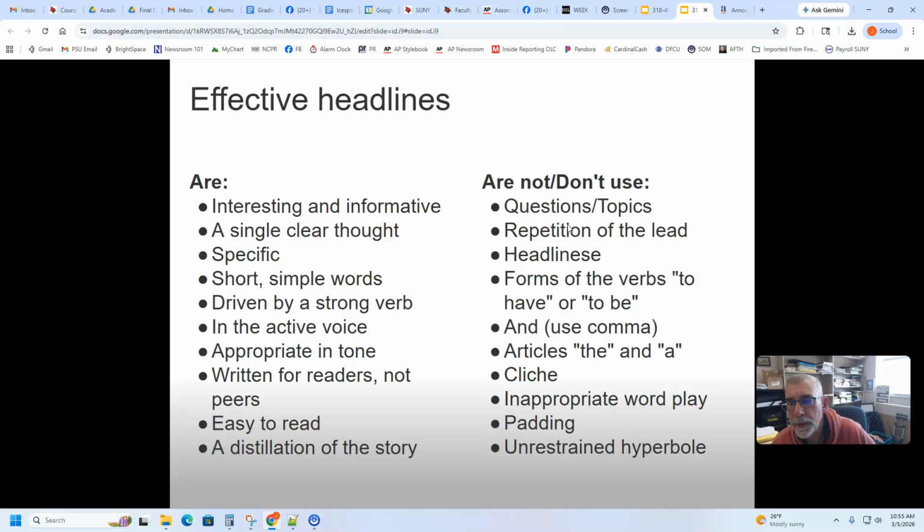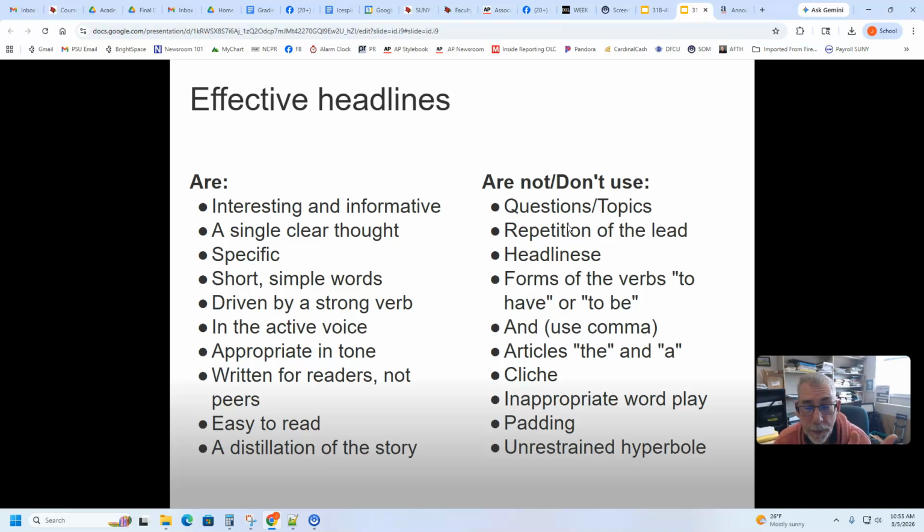Forms of the verb to be or to have. We generally don't use is, are, so on. We can skip those. Headlines have a bit of a shorthand feeling, a bit of a telegraph kind of feeling. Those are both kind of old concepts. Telegraphing, even shorthand, although people still use shorthand. But it makes sense when you start to read headlines. To be a good headline writer, you should read a lot of headlines and write a lot of headlines. And like anything else, when you write a headline, don't expect your first one works.